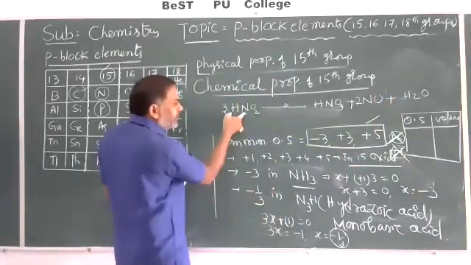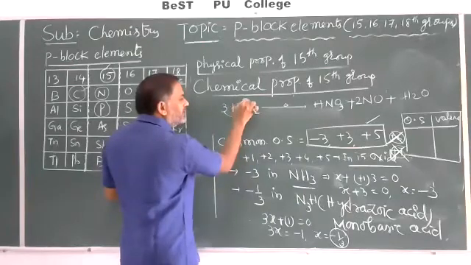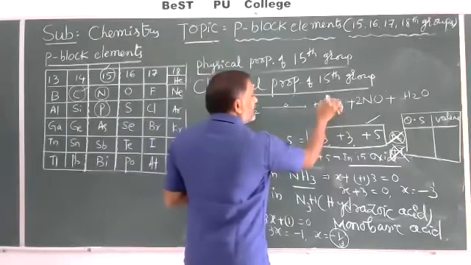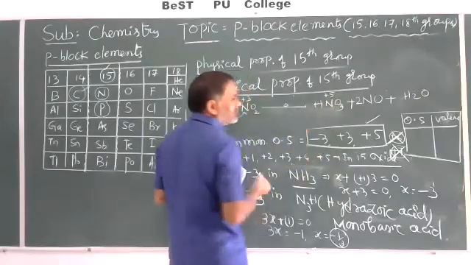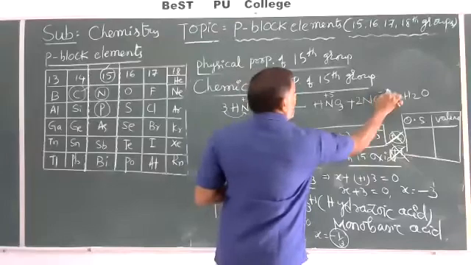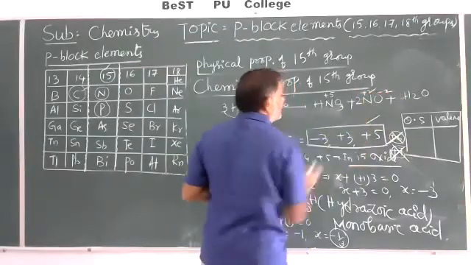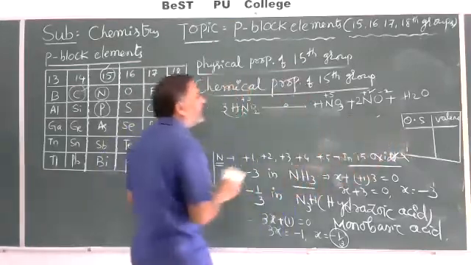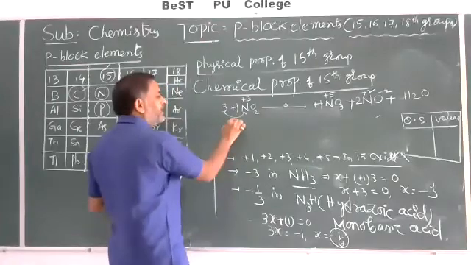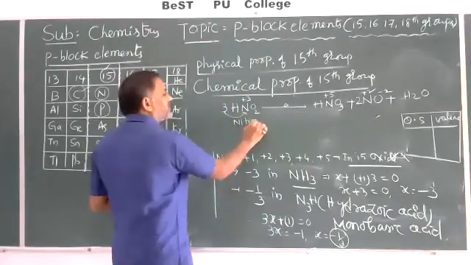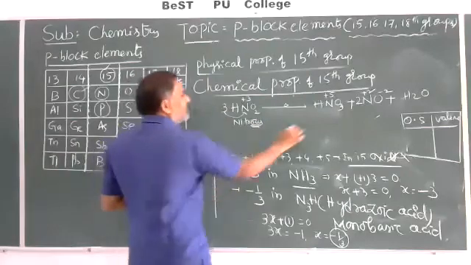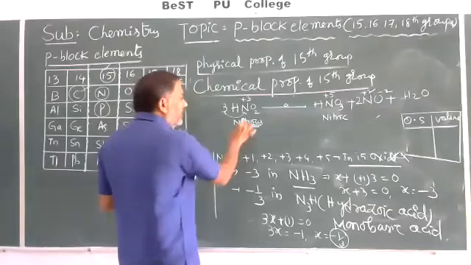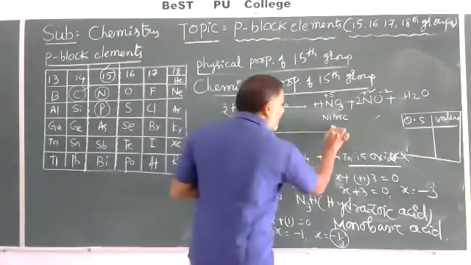Here we can observe the oxidation state is plus 3. Now here we can observe the oxidation state is plus 5. Here oxygen is minus 2, composite is plus 2 oxidation state. See here, the oxidation state of this nitrogen in nitrous acid, this is nitrous, the lower oxidation state. This is the higher oxidation state, nitric acid. Now here, plus 3 to plus 5 oxidation state.